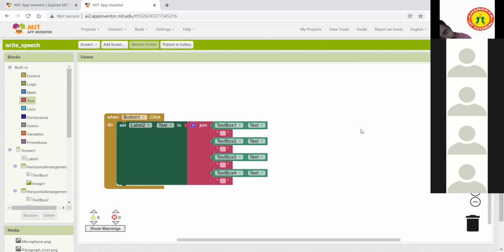So if you need to use four text buttons, yes, it will come, because we have added the full stop here.